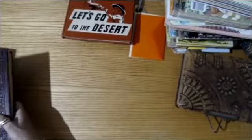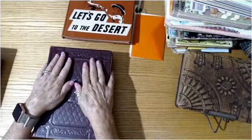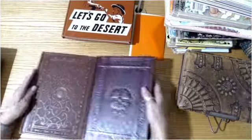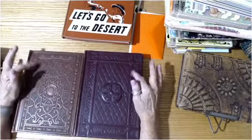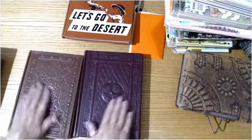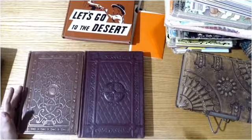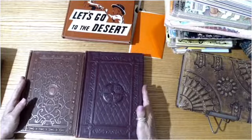And then I got these two books I bought from someone. And I cannot recall who it was. So if she happens to be watching, let me know. I think these two are from her. But I thought I had purchased two beautiful covers that looked the same to make a lap book, because I've never made one and I want to. And so that's what I purchased these for. So I'm not sure they're both from the same person or not. But anyway,